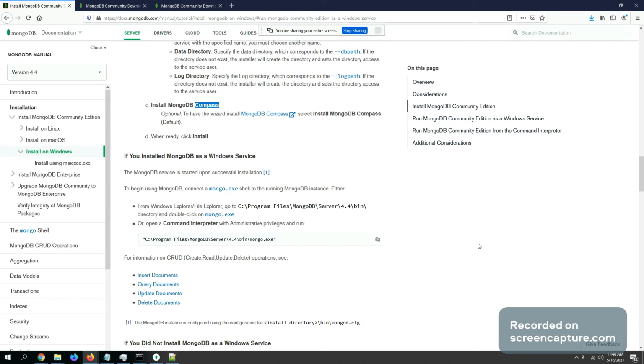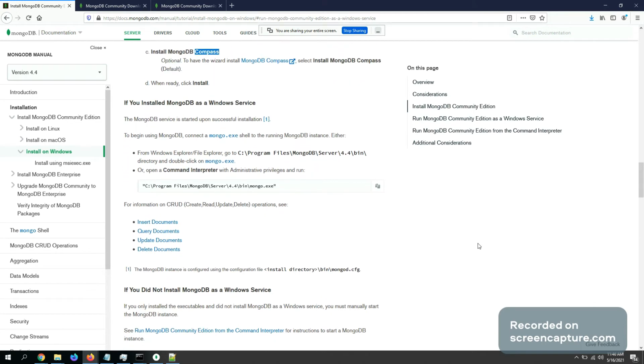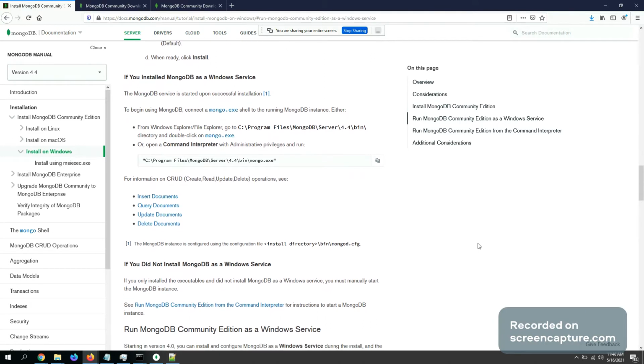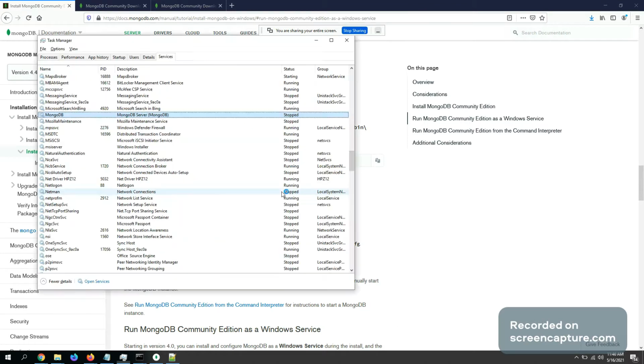Once it is installed, the next step is to start MongoDB. After installation, go to Task Manager and check for MongoDB. If it is running, stop it, because if it is running here, that means MongoDB is already started with access control. That means you need a user ID and password to connect to it. But this is the very first time you installed it, so you don't have a username and password, and you cannot access it.